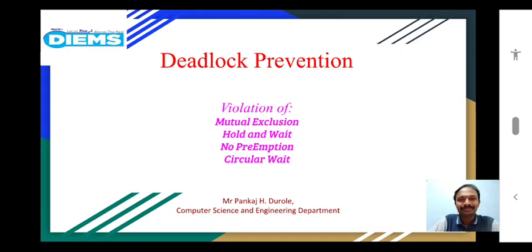Hello, people. Now let us continue our discussion in the chapter of deadlocks. It is about deadlock prevention. Now, as we have previously discussed, there are four deadlock handling methods, right? So they were prevention, avoidance, detection and recovery, and then ignorance from the deadlock.